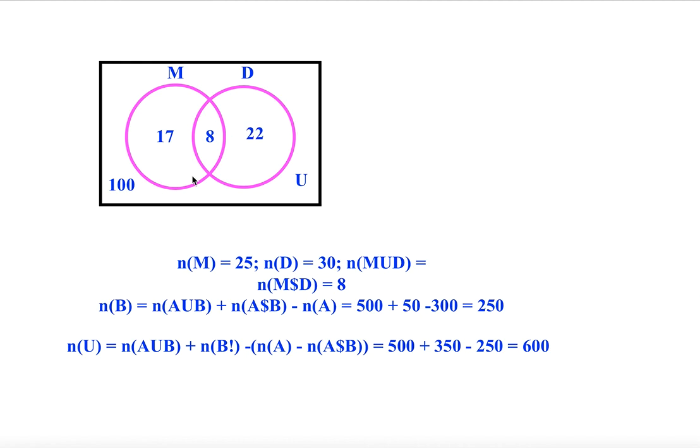Okay, so this figure is the one you don't know, so you need to write it here. Now what you want, only music, is 17, right? From the Venn diagram you can easily say. If they don't accept the Venn diagram, then you have to work it out. How to work it out? n of a minus n of a intersection b, that is the formula.